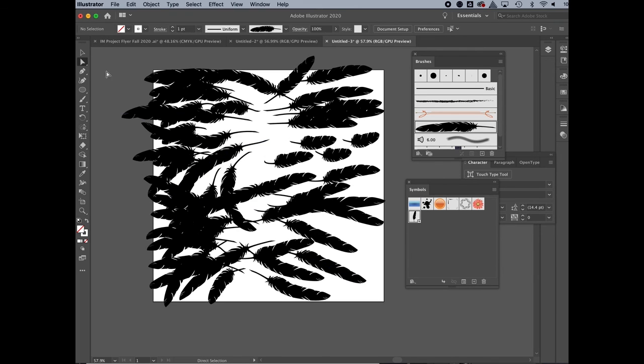So if you wanted to edit one of these, you can always change the shape of the curve by getting the direct selection cursor, and you can just alter the points, because it's still just a mark, a path that you made. And like I said, any path will do what you want it to do. Any tool that makes a path, like a pencil tool or the pen tool, can be used for this. Okay,